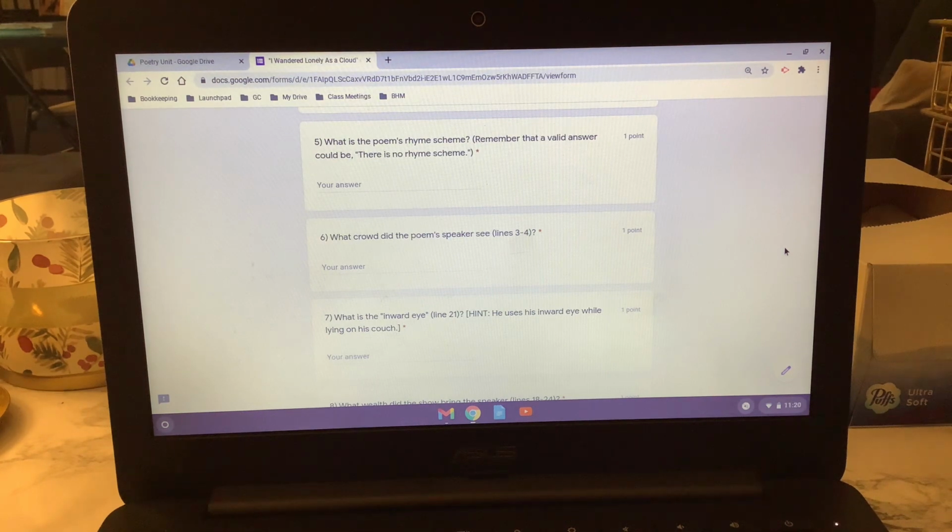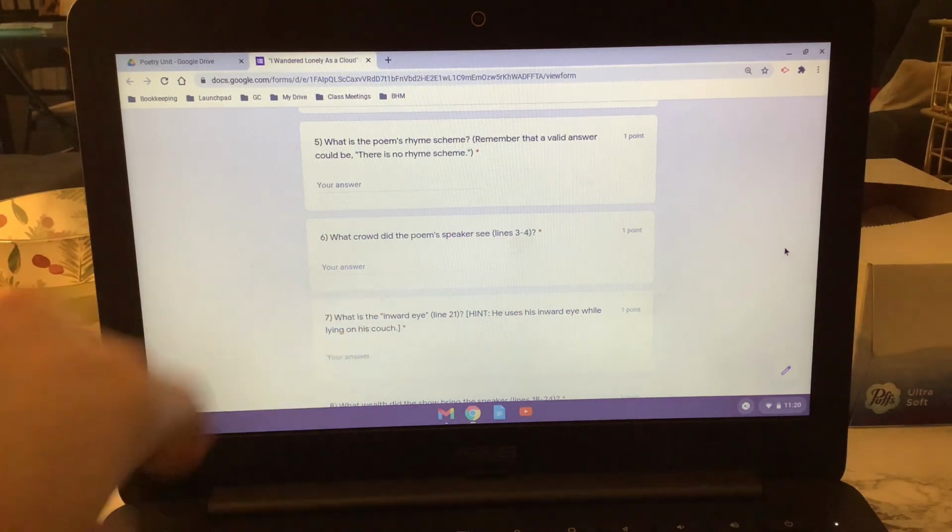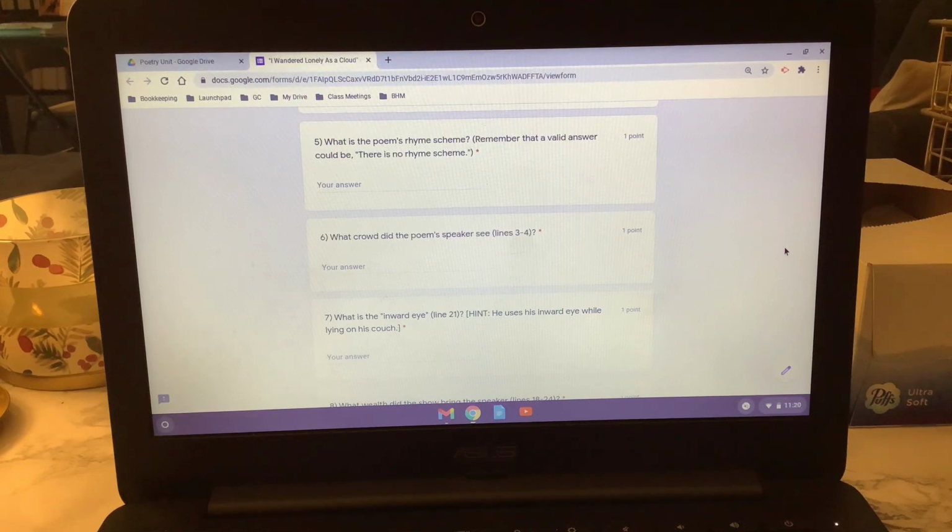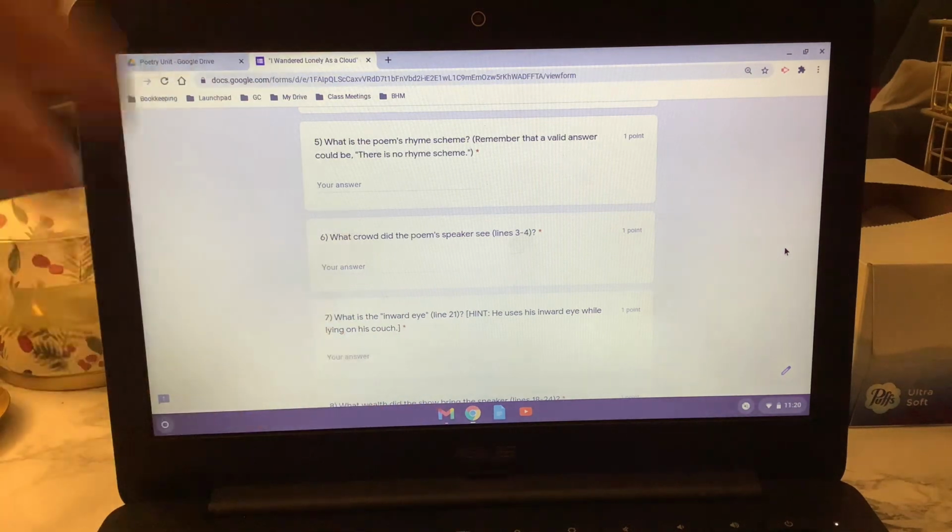And now we're going to get into the questions that are specifically answered by this poem. So what crowd did the poem speaker see? And I'm directing you to lines 3 through 4. So the poem speaker saw a crowd of